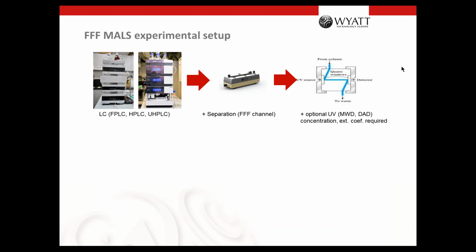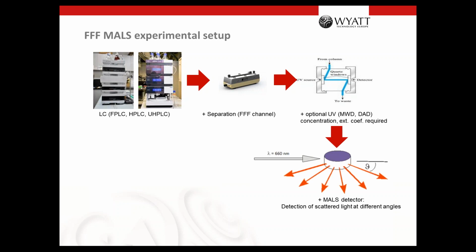And it also gives you, when you have the extinction coefficient, precise information about how much sample elutes at which time. But up till now, you did not measure the size. And for measuring the size, we normally add a MALS detector. There is a way of predicting the size from FFF theory, but for an absolute measurement, you need the MALS.